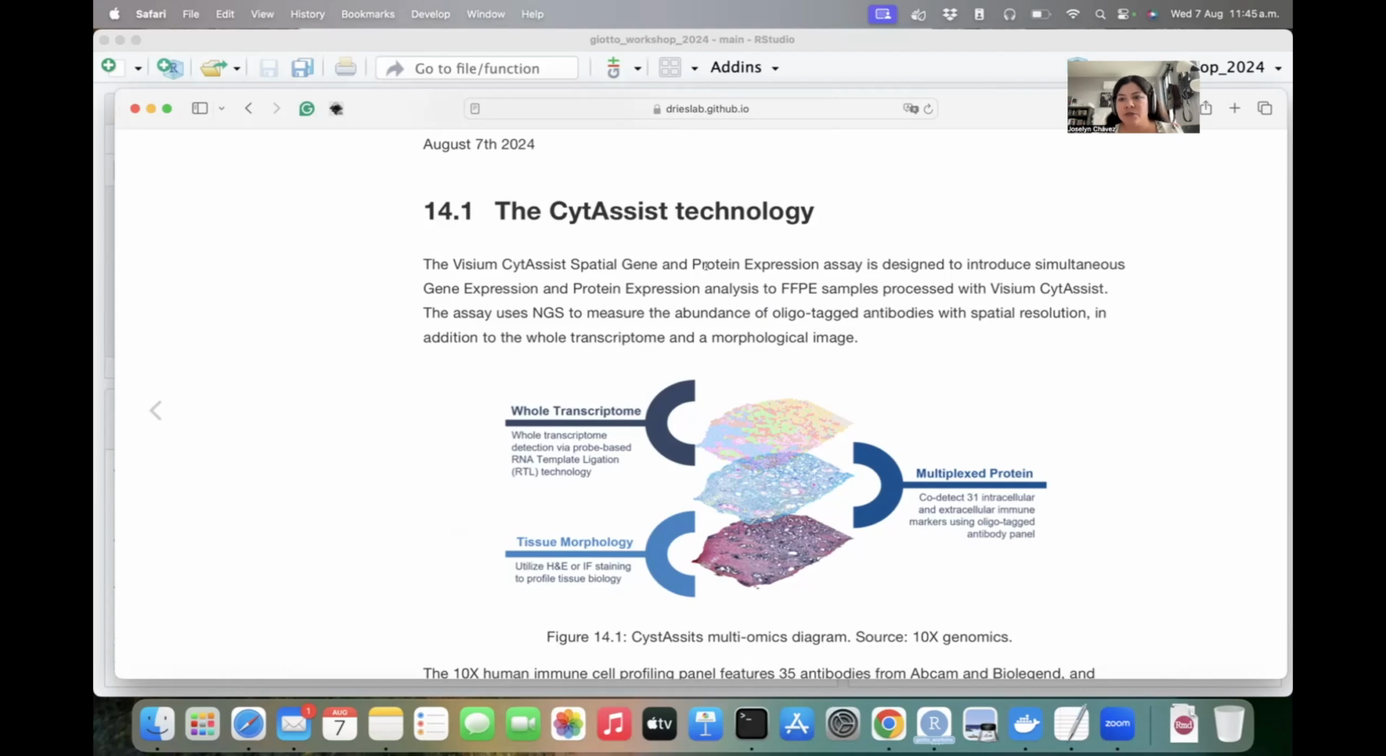This technology is also coming from 10x Genomics. And here, basically, you are providing the same type of sample as you would do in the Visium technology. So you can, again, capture the tissue morphology using H&E staining or immunofluorescence. This is only for capturing the tissue structure. Now, on the other hand, you will capture from this sample the whole transcriptome, so you will have RNA, but you can also do